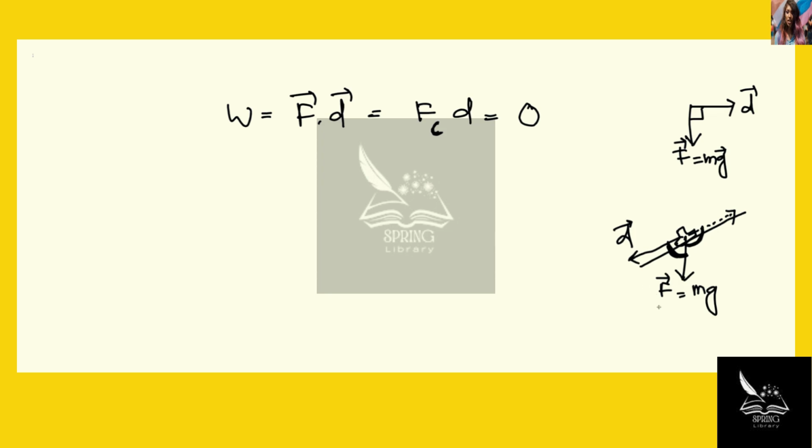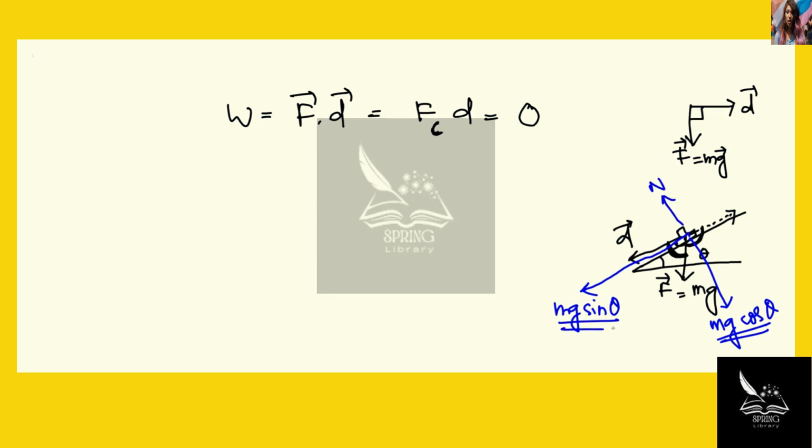So we can resolve the force, the gravitational force, in the direction of displacement. And the way to do so will be, let's say the angle that the hill makes with the flat ground is theta. So the component of force in the direction of displacement will be equal to mg sine theta, and the component of force perpendicular to the displacement is going to be mg cos theta. Now this force gets balanced by the normal force on the car from the ground,